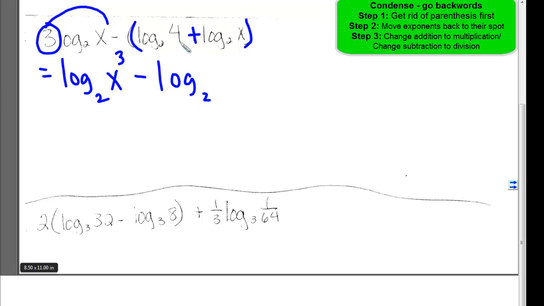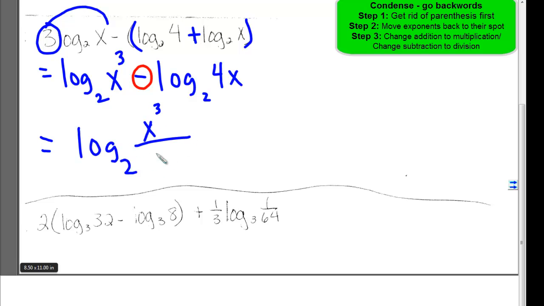Log base 2 of 4 times x. Now I have a minus sign, so it means I will be dividing. So log base 2 of x to the third divided by 4x,